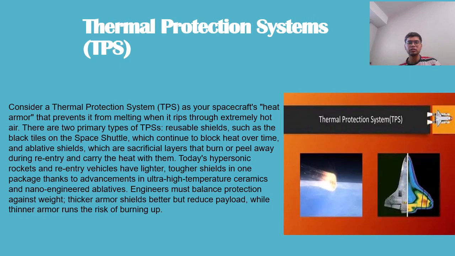The first one is reusable shield, such as the black tiles on a space shuttle, which continue to block heat. And the second one is ablative shield, which sacrifices itself or peels away during a re-entry and carries the heat